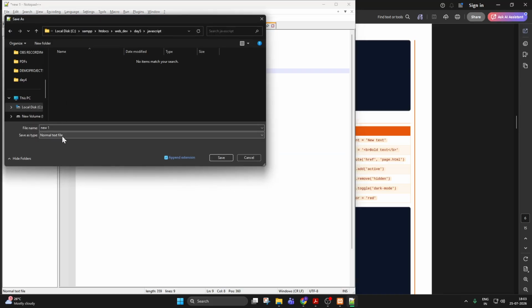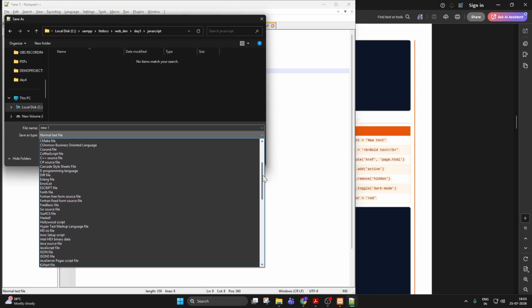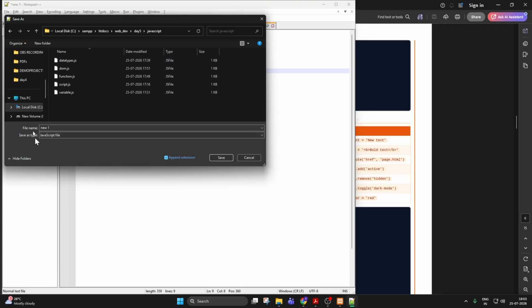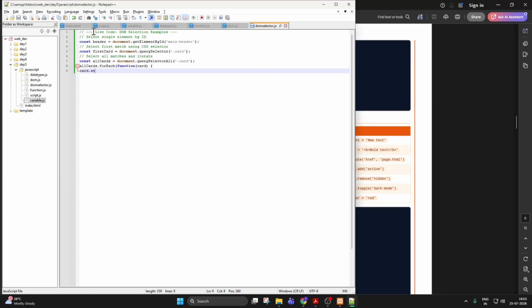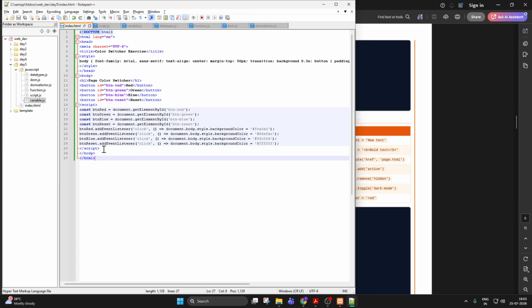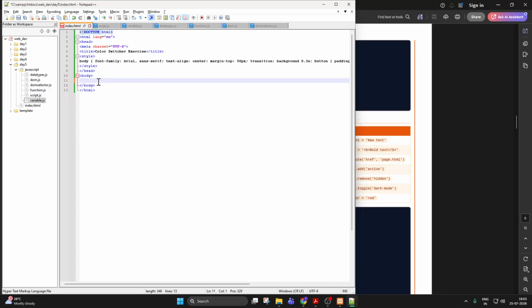Inside JavaScript you have to choose JavaScript file, and here you have to name it as DOM selector, save it, go to index.html, and from this you have to delete it, and here you have to write